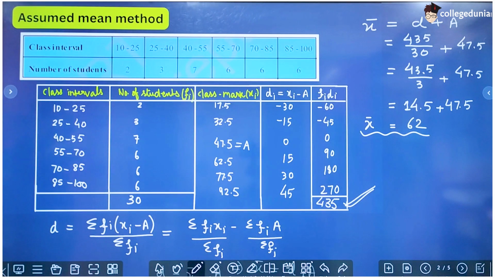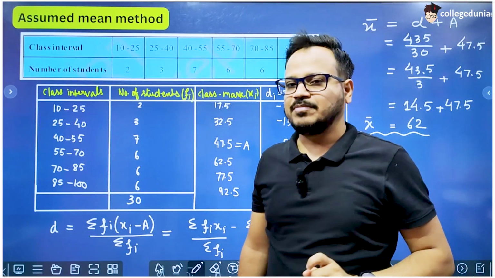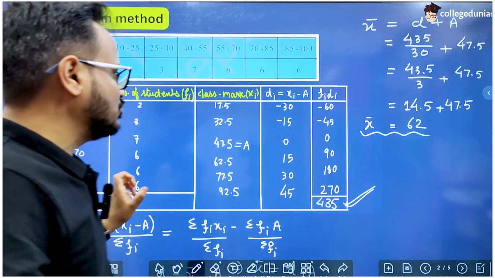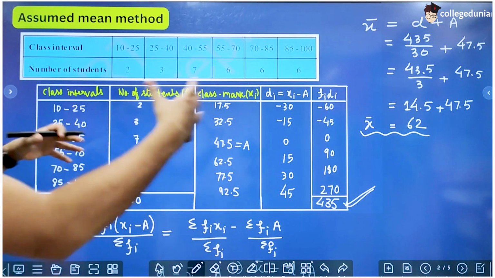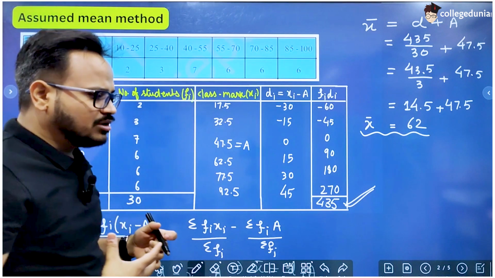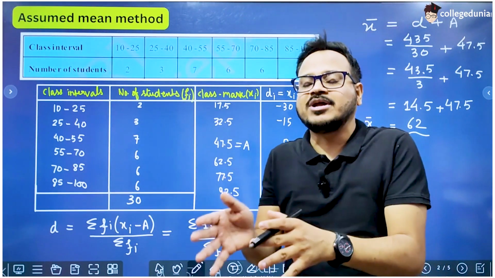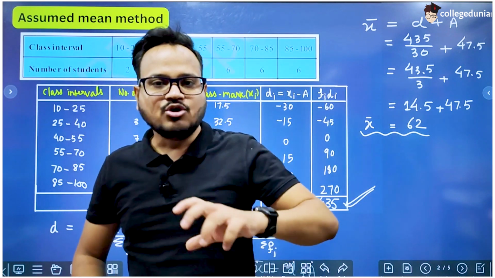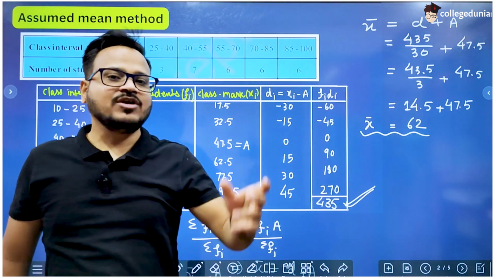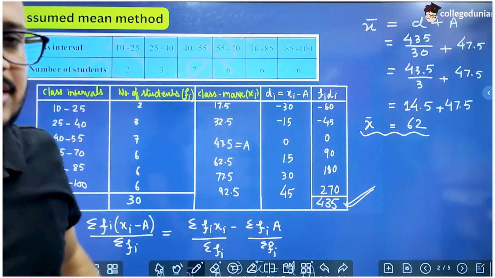So this method to find the mean is called the assumed mean method, right? So what is the logic behind this method? There is a clear logic behind this method. If your values are large, we are subtracting a common number from every value. If your values are large and you cannot easily add them to find the mean, you can subtract a common number from all the values and find the mean of the results, and then add that common value back to the new mean, right?